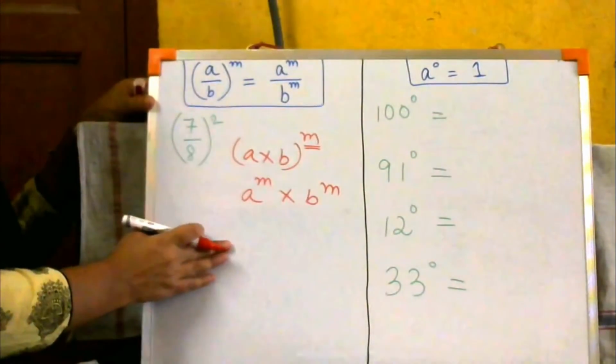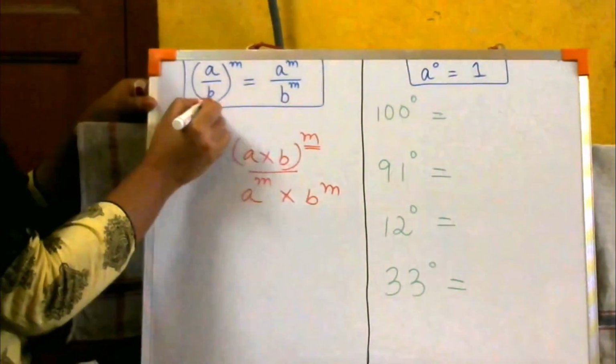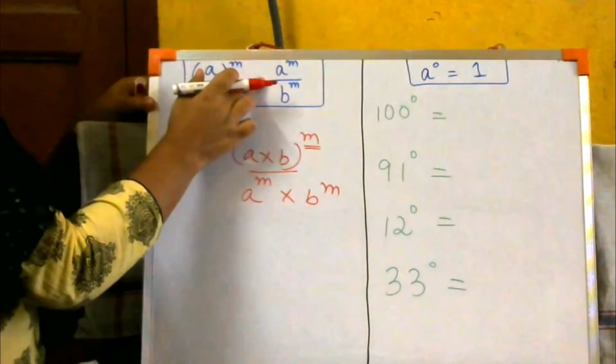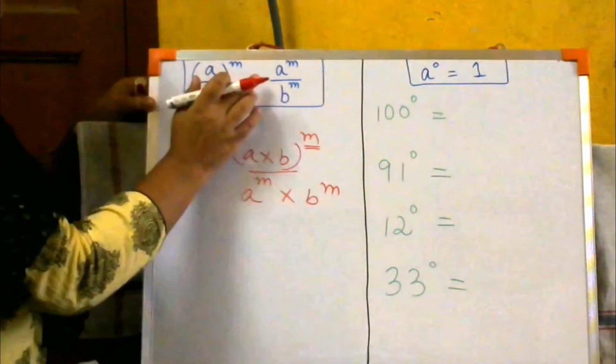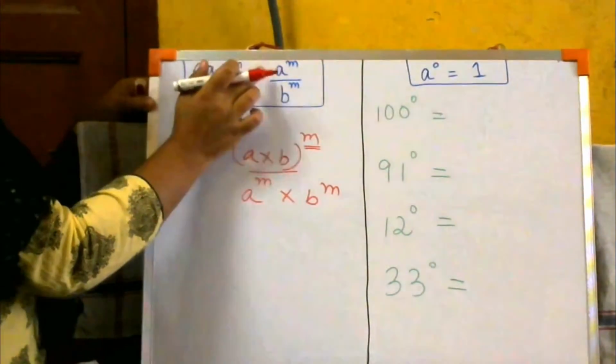Just now I was speaking about this formula, isn't it? So now in this formula it was multiplication, now we are going to speak about division. डिविजन में भी सेम ही केस हो रहा है, सिर्फ यहाँ पे डिविजन साइन रहेगा, यहाँ पे मल्टीप्लिकेशन साइन था, यहाँ पे डिविजन साइन रहेगा. एंड दिस m पावर बिलोंग्स टू बोथ ऑफ देम, a को भी है b को भी है.